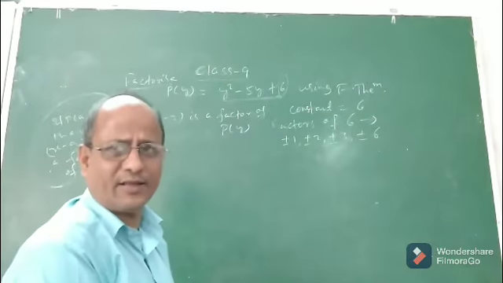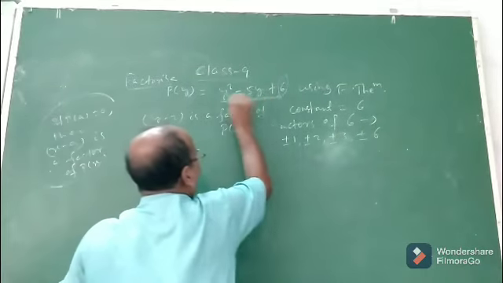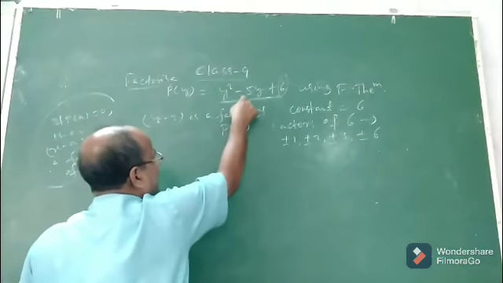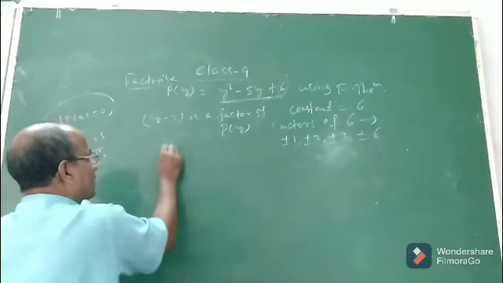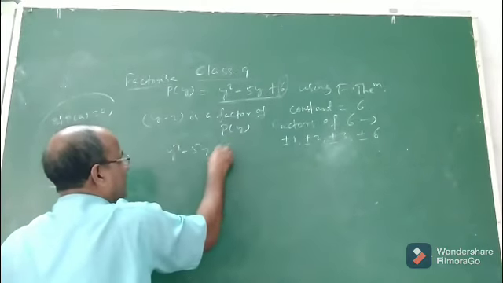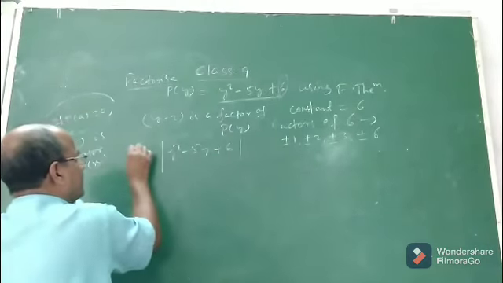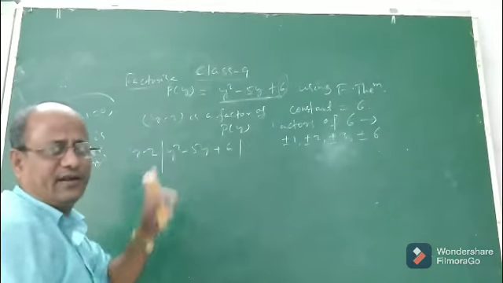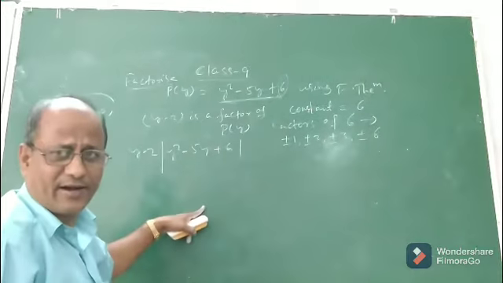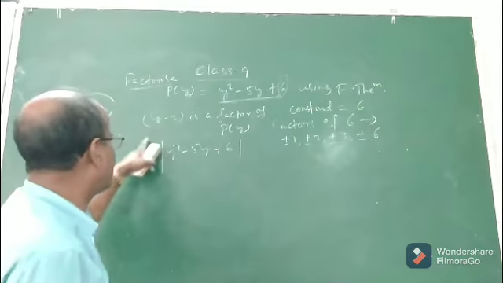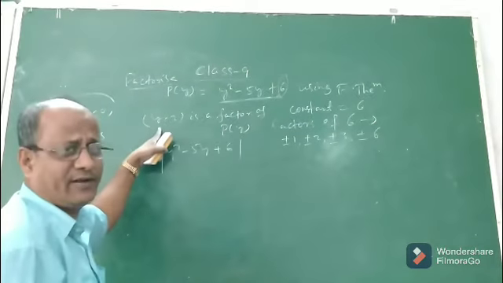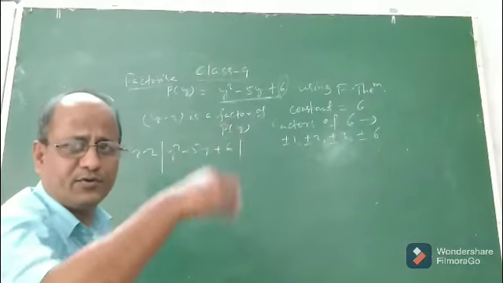What is the other way? The other method is to divide this polynomial. Since y minus 2 is a factor of this, to obtain the other factor, you divide the given polynomial by the first factor. And you know division, you can easily find what the other factor is, provided the remainder is 0. Since y minus 2 is a factor of p of y, definitely p of y when divided by y minus 2 will give you 0 remainder.